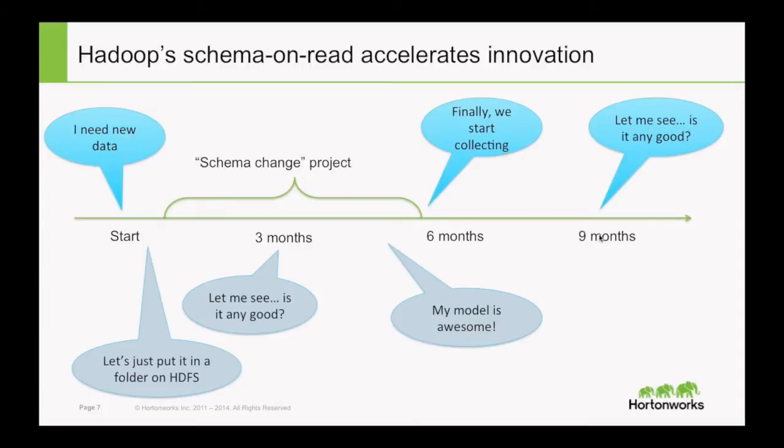So imagine that we go through that process and we change everything, and eventually, after 6 months, I start collecting the new data type that I'm interested in, and then I have to wait maybe 3 more months to get enough data of that type. Only then can I actually start my data science work, and hopefully I selected the right data. It was all a hypothesis that this will work. If not, I have to start the cycle again for 9 months.